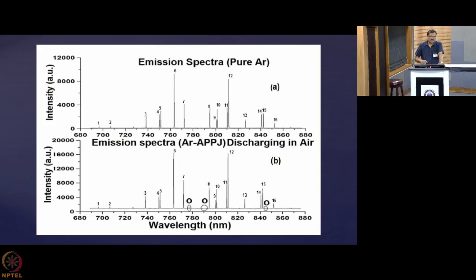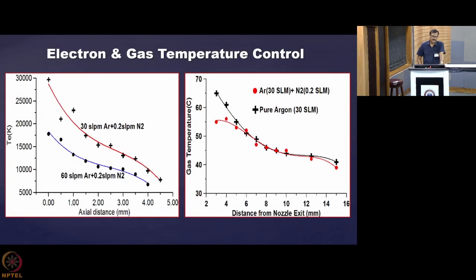Now the emission spectra goes like this. You can see when it is in argon, you can see even the emission of atomic oxygen. So when this type of plasma is discharging in atmospheric air, some of the atmospheric oxygen molecules are broken and they can generate atomic oxygen even. So even though it is a pure argon plasma, they can generate atomic oxygen species through that kind of reactions. So here with distance, you are seeing how the gas temperature varies and how the electron temperature varies over here.